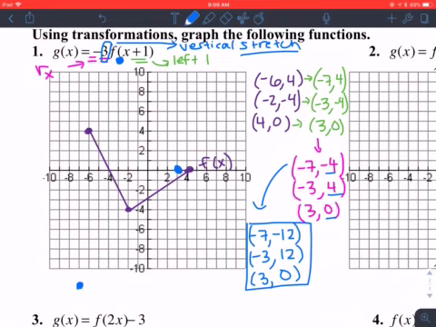The original pivot point was at (-2, -4). So (-2, -4) is our middle point, so it's going to stay the middle point. So (-3, 12) is where I need to connect those. So (-3, 12), this is my pivot point. And then I can tell that this thing is vertically stretched. It's taller and skinnier. It's reflected across the x-axis. The pivot point's moved, and it's shifted